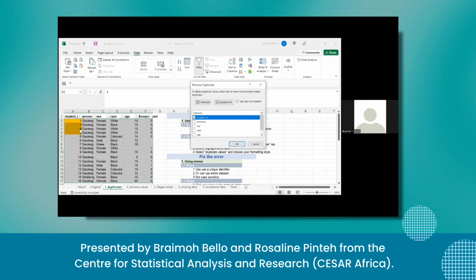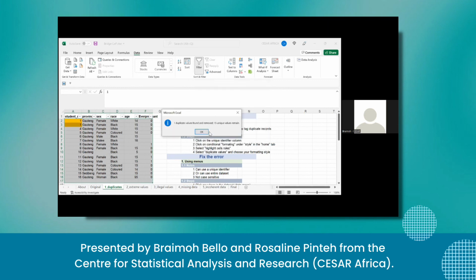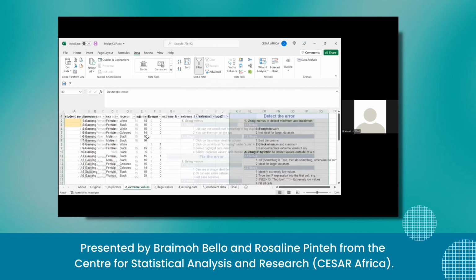I don't want that. So I want to say, please select all, and don't forget to say my data has headers. Of course, it depends on whether your data has headers. If you don't click it, that's what will happen. So we click it, and it's going to say to us 1 duplicate has been removed and 15 unique observations remain. Done. Please go with me to the next